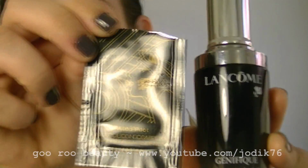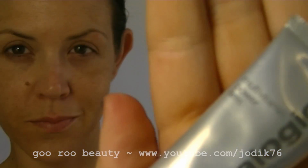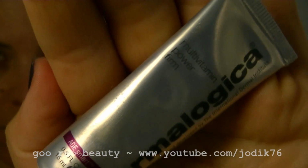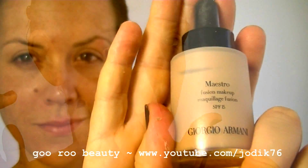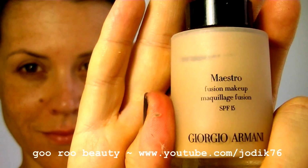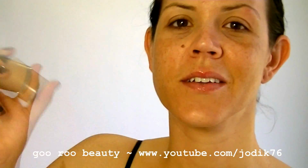So I start with my Lancome Genifique Youth Activating Concentrate and my Napoleon Skin Renewal Serum. Then I'm going in under my eyes with Dermalogica's Multivitamin Power Firm. Then I'm going to show you how I use Giorgio Armani's new Maestro Fusion makeup as a primer, shaking it